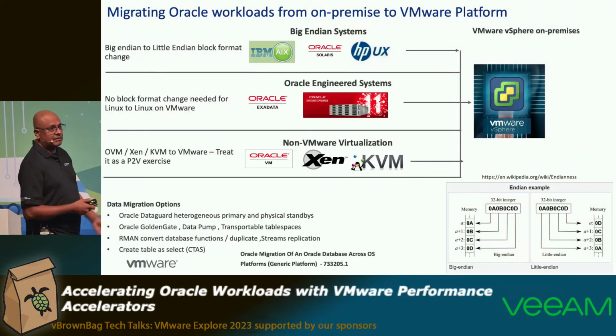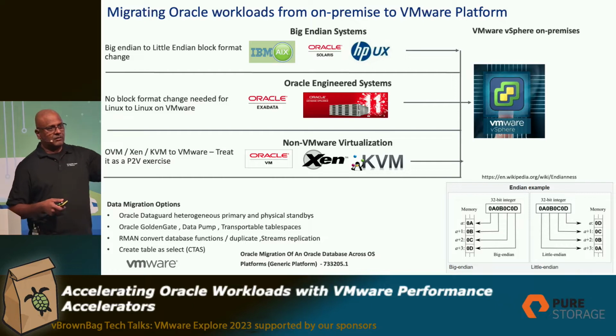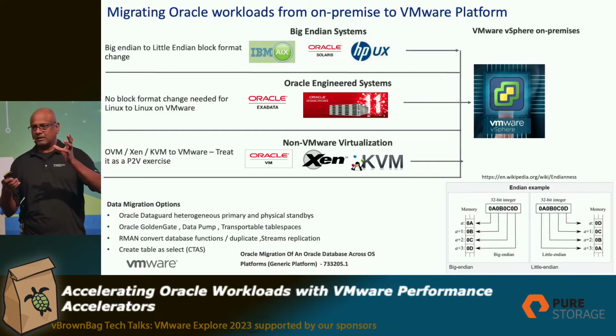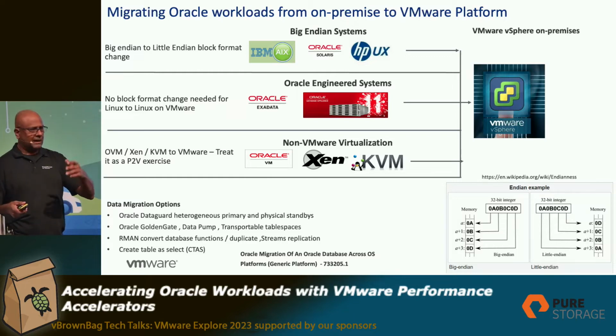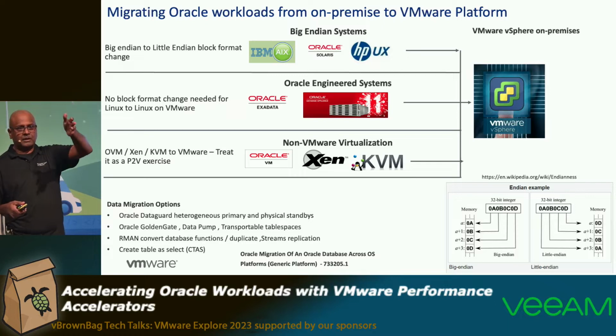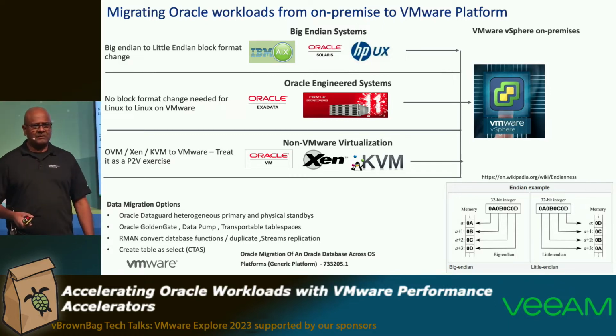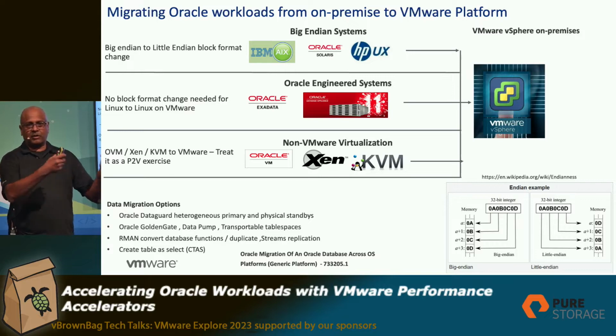Again, migration. Whether you come from a big endian system to little endian, and for people who are unaware of big endian and little endian, essentially it's a block format change. So when you go onto the AIX, the Solaris, the HP of the world, and I don't know how many Oracle DBAs are here in the room, but when you tell the Oracle DBAs, hey, just move it from point A to point B, the DBA comes back, nah, I can't do it that way. I have to use RMAN. I have to use Data Guard. I have to move the data from one point to the other.